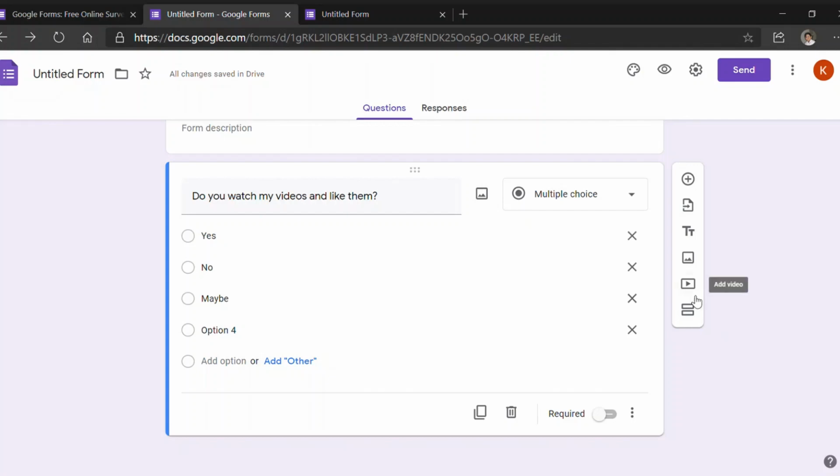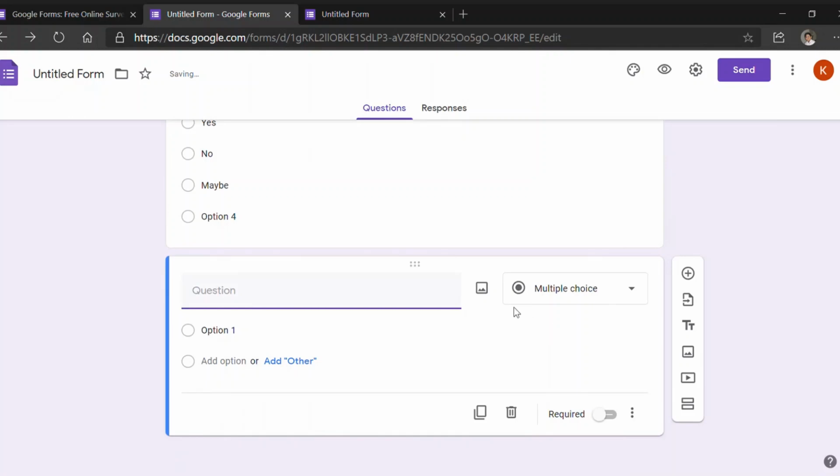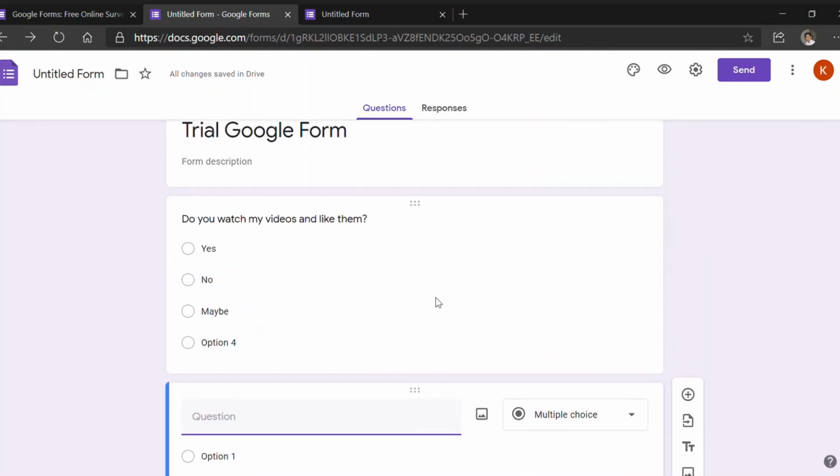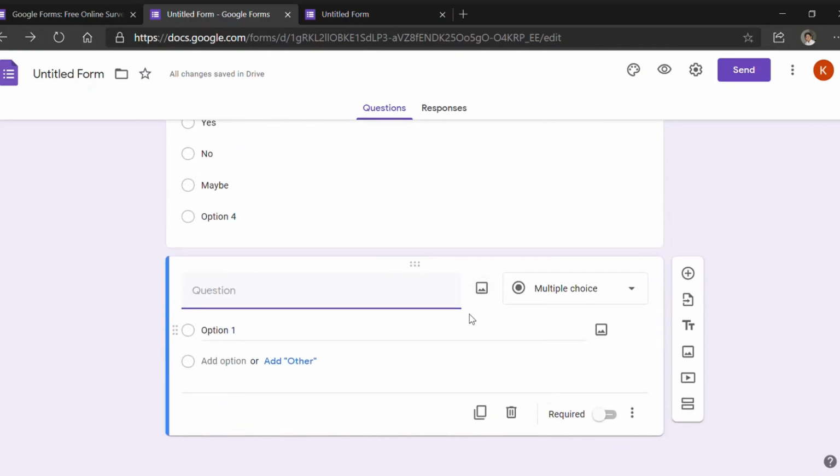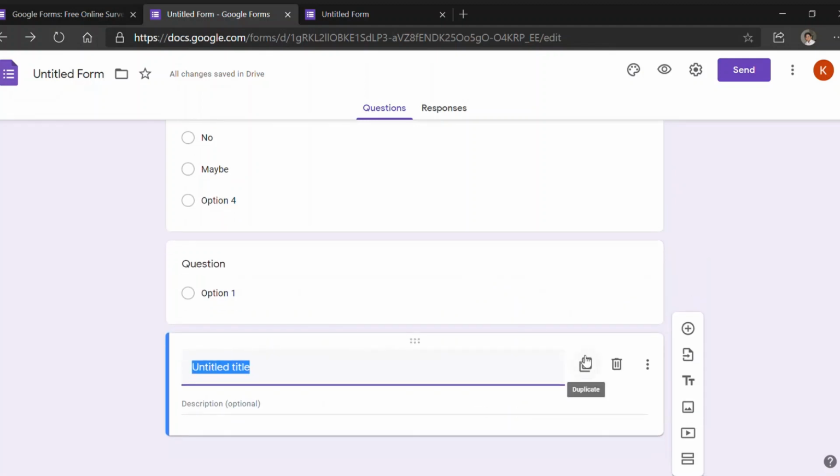To add a new question, click on the plus icon. To import questions from another form which you have made, click on the import button. To add a title for the question, you can click on add title. Next to the question, you can click on add image.